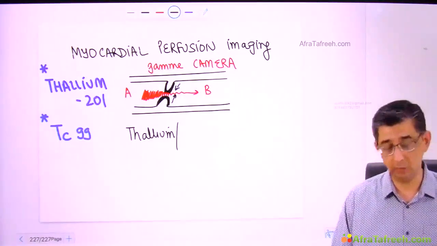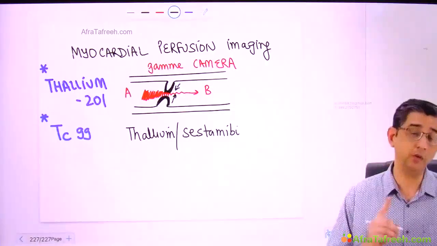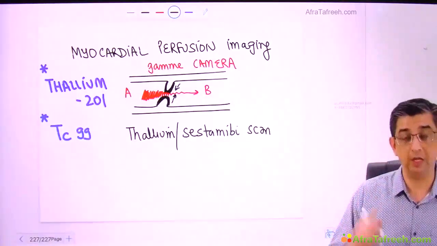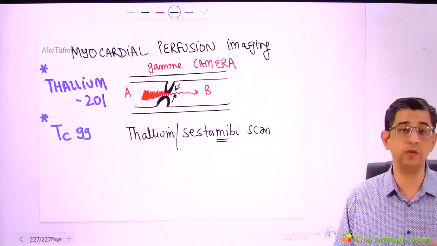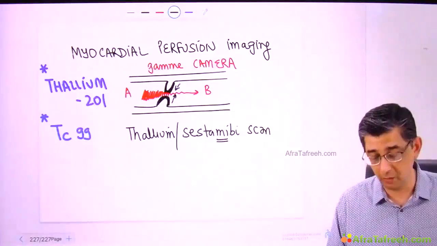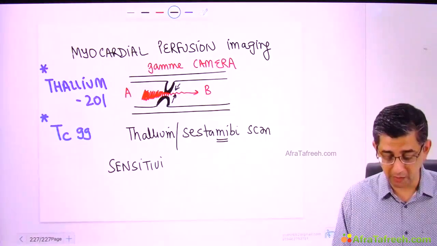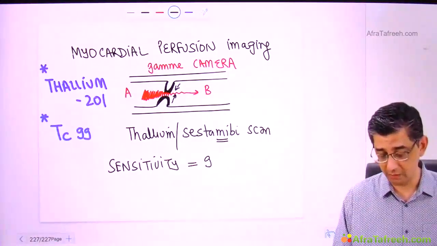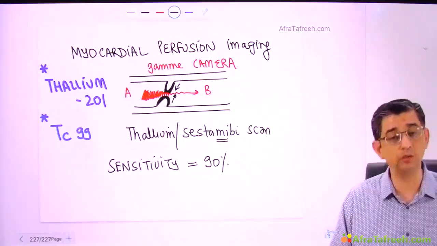Thallium scan is obviously for thallium-201. The term sestamibi scan is also mentioned in endocrinology. I would like to remind you that the sestamibi scan is also used in identification of a parathyroid adenoma. In the topic of hyperparathyroidism, I have talked about the sestamibi scan. So you will read about this scan two times: once in cardiology to pick up blockages in the artery, and second in endocrinology for identification of a parathyroid adenoma. Because we are using sophisticated software and technology to our advantage, the sensitivity goes much higher, and the diagnostic accuracy of myocardial perfusion imaging with either of the two, whether thallium scan or sestamibi scan, goes up to 90%.